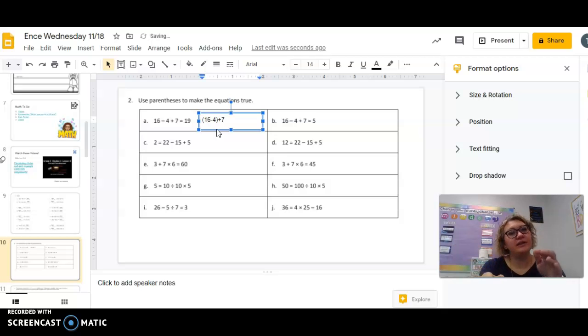And if you can't do it on the computer, that's okay, write it down. So 16 minus 4 is 12, and then 12 plus 7 equals 19. That's what makes it true, because you do what's in the parentheses first. That's the order of operations. All right,